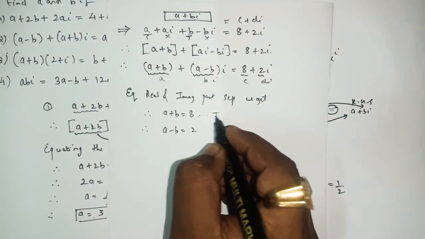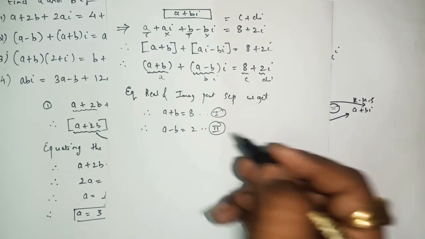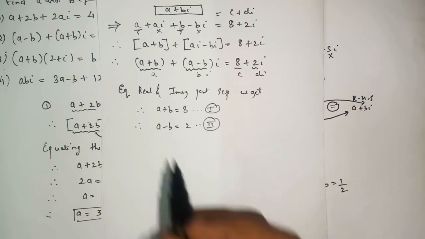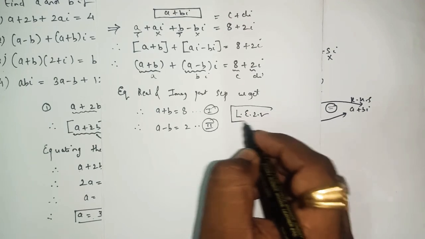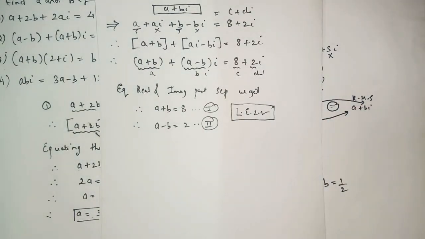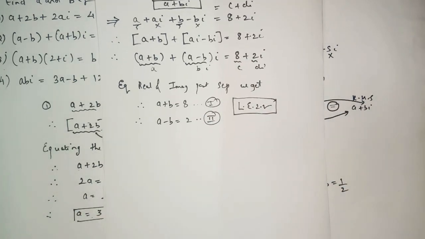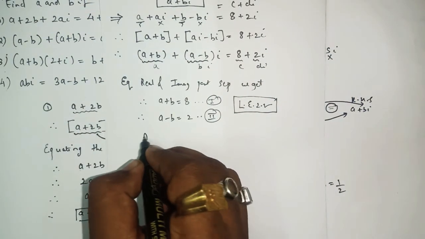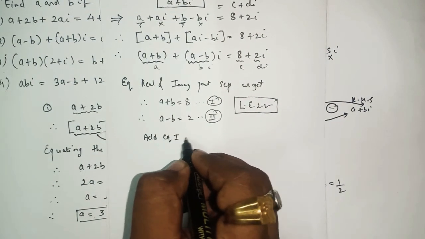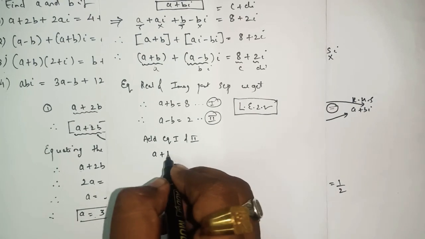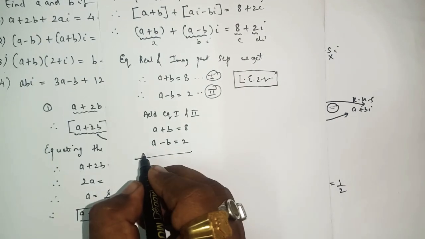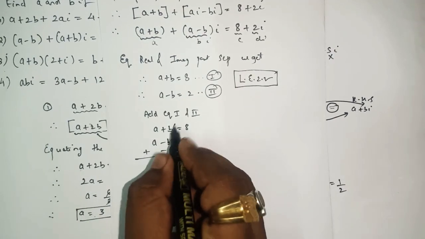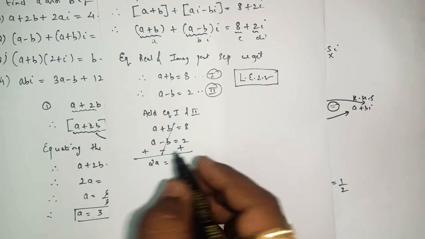So we'll call this equation number 1 and this equation number 2. We know how to solve these two equations, as these two are actually linear equations in two variables, and we know how to solve any two linear equations, yes or no. So to find the answer of a and b, we'll apply the concept known as simultaneous equations. So we'll add equation number 1 and 2. After adding, plus b and minus b will cancel, so your b gets cancelled. So 2a equals 8 plus 2, it is 10.